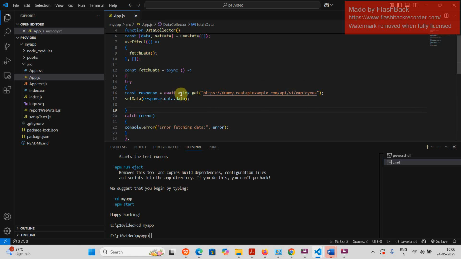So here you can also see there is Axios, right? As we told, Axios is used to make HTTP requests. So here in this case, axios.get sends an HTTP GET request to the URL. Our URL here is the dummy REST API example. So axios.get is going to make an HTTP GET request to whatever URL you have mentioned, and the await, what we have written here,